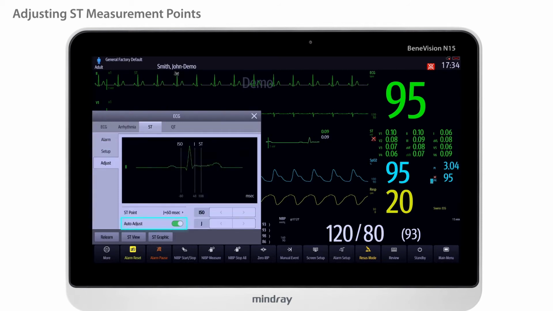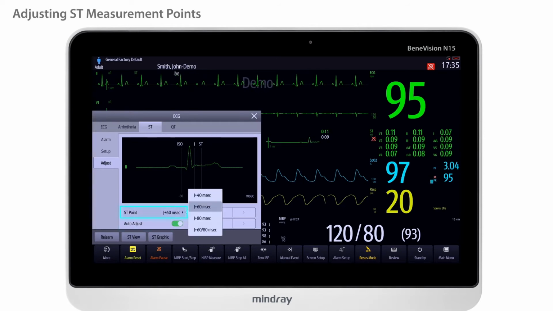The Auto Adjust function is enabled by default. Positions of isoelectric point and J point are automatically adjusted accordingly. The ST point is typically the J point plus 60 milliseconds, but it can be adjusted regarding the patient's heart rate